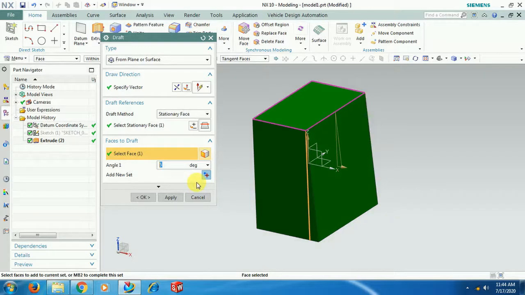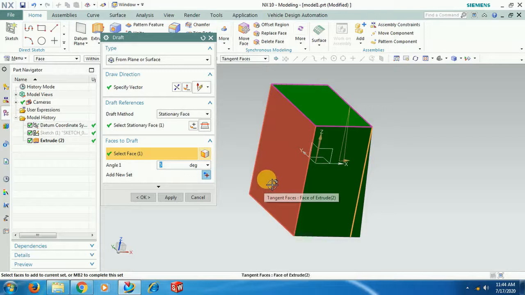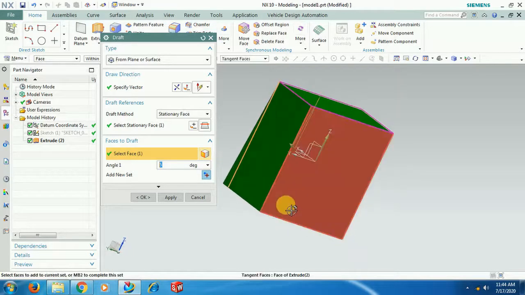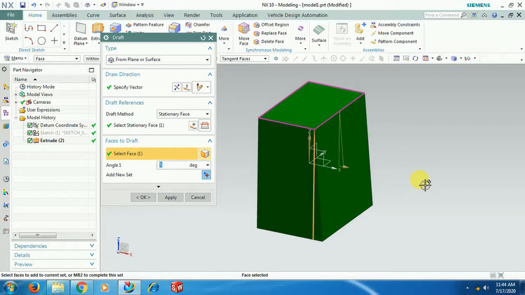The additional option here is, if you want to give draft angle individually, that means to this surface I want 5 degrees, to this surface 10 degrees, to this surface 20 degrees. Instead of selecting the option 4 times, here we have add new set. Select this add new set option.